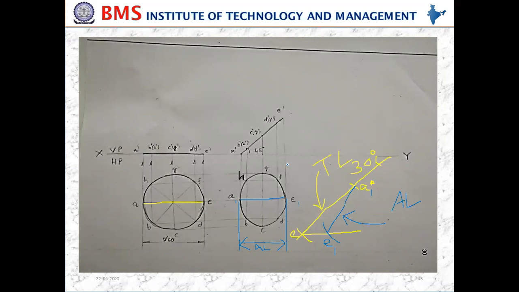So when the diameter is inclined to VP in the sense that the true length is given, the true inclination is given. If suppose in the problem the top view diameter is inclined, or the front view diameter is inclined, that inclination represents the apparent inclination. If that is the case, this procedure is not required, because he has given the beta angle directly. Okay, so understood here, right? We'll go to the next.